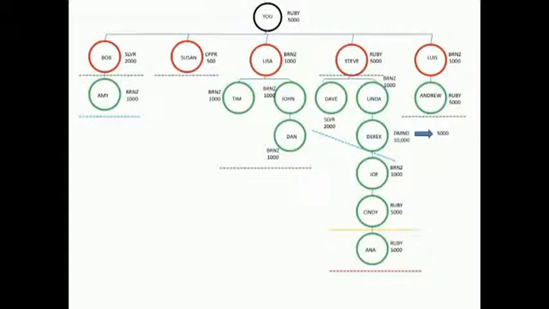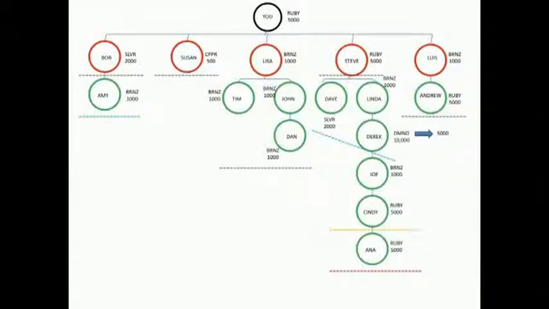Let's take a look at how generation check match is calculated. First, we need to understand generations. A generation is defined as anybody who has reached the level of silver. That is when we're going to stop that generation. So if you see here, Bob has reached the level of silver. So generation 1 ends with Bob. Anything that Bob sponsored, all volume underneath Bob will not count for generation 1. It's all going to count for generation 2 because Bob has reached silver.